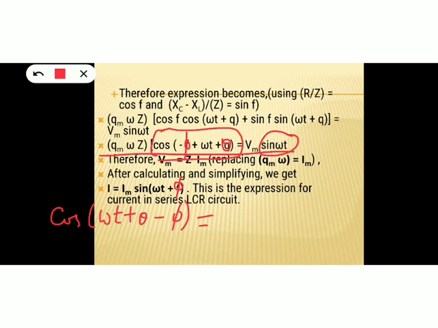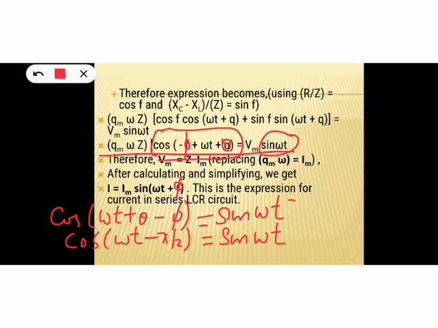Now again in this expression just compare the sinusoidal terms. So here the sinusoidal term is cos omega t plus theta minus phi. I have just rearranged that expression equal to, and on the RHS part we have the sinusoidal term, that is sine omega t. And there is an identity, cos omega t minus pi by 2 is equal to sine omega t. So whenever you compare these two expressions, the RHS of both the equations are equal, so we can equate the